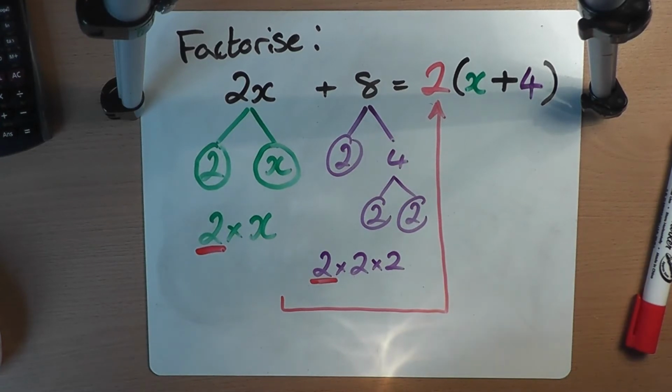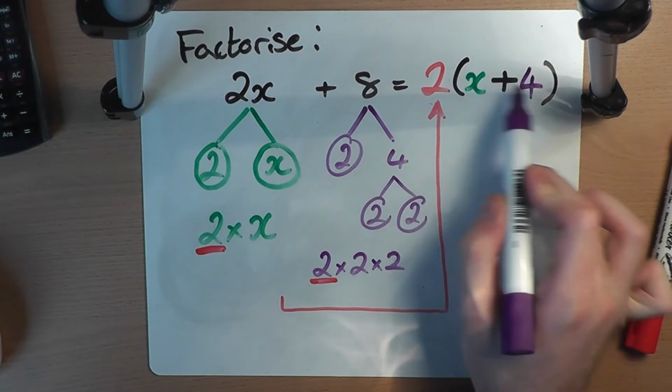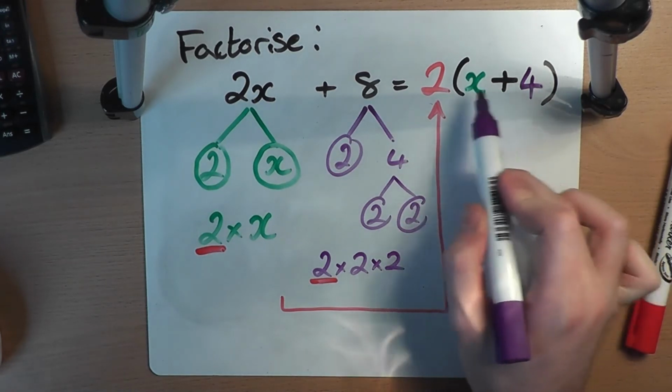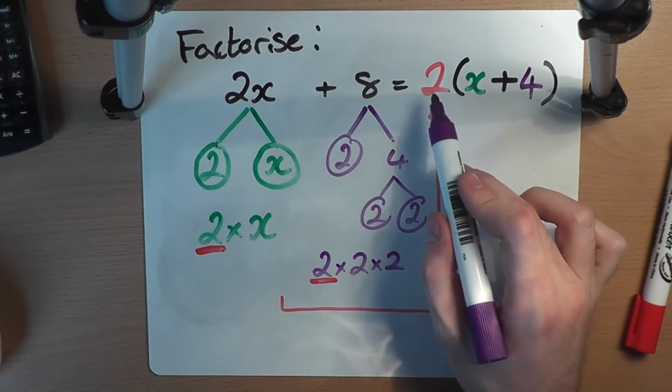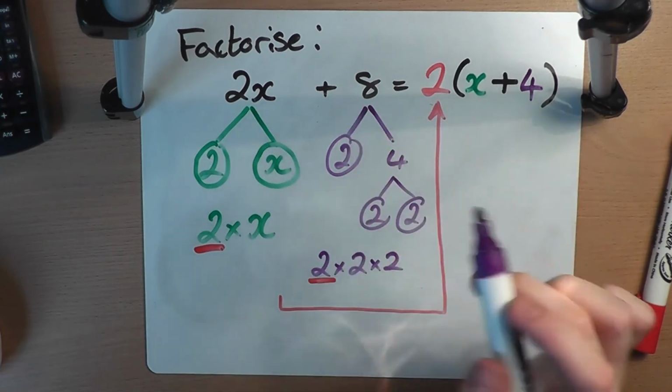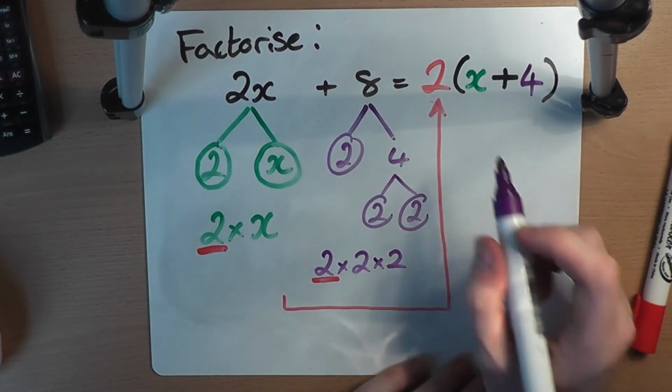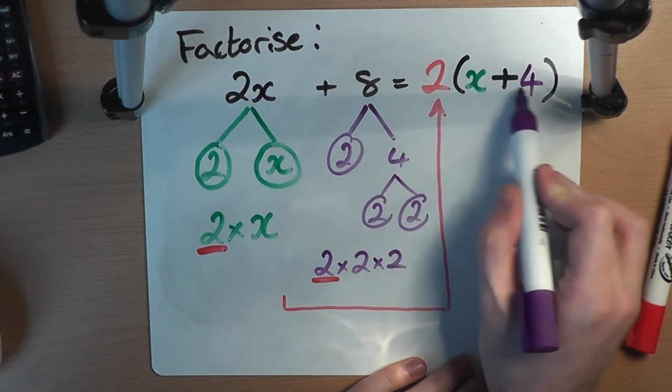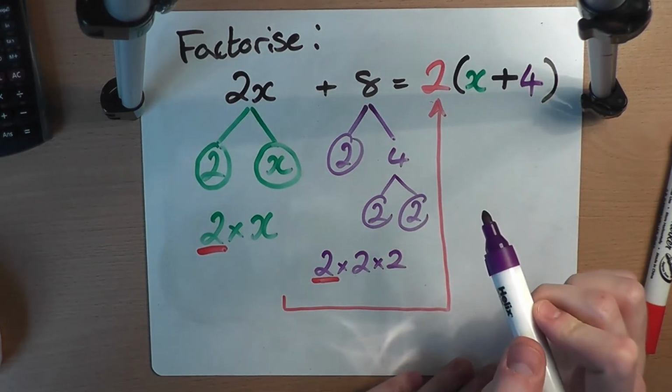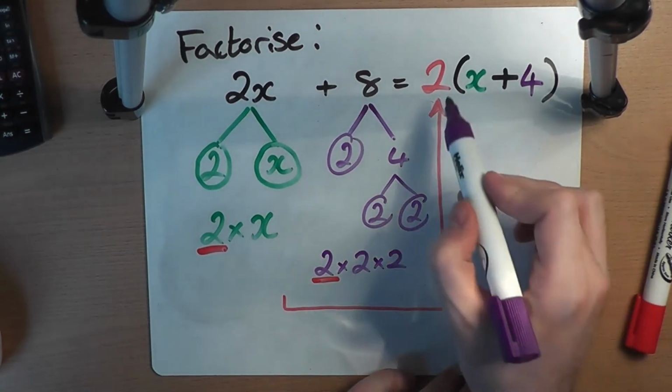Final two things we could do to check. First of all, there is nothing that they have in common. There are no extra factors that we've missed, because if we're factorising, we should be factorising fully. And in fact, the question might sometimes say factorise fully, as in, make sure there's nothing that these 2 have left in common by the time you've got your factorised form. Second thing we can do